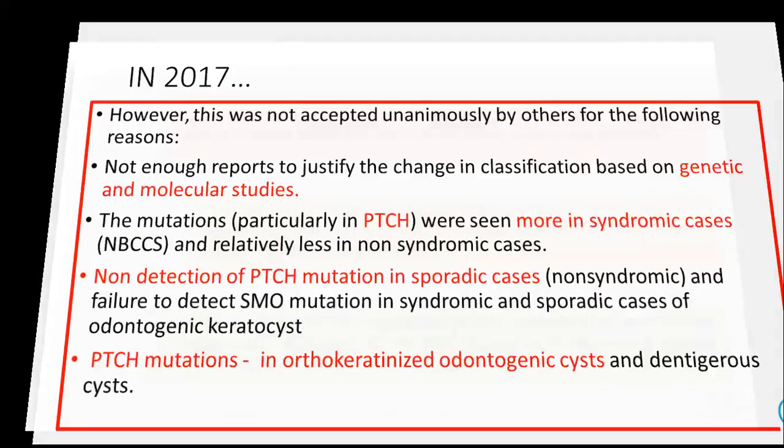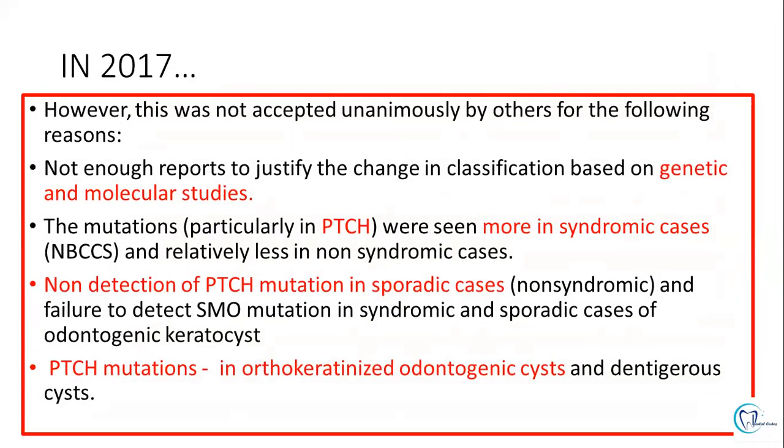But in 2017, this was not accepted by all. So there were different schools of thought by different authors because there were not enough reports to justify the genetic and the molecular studies. Also, the mutations which were seen in cases of odontogenic keratocyst were seen in dentigerous cyst and orthokeratinized odontogenic cyst, and the mutation which was seen in cases of OKC was more connected to that of syndromic cases in comparison to the non-syndromic cases. Also, there were